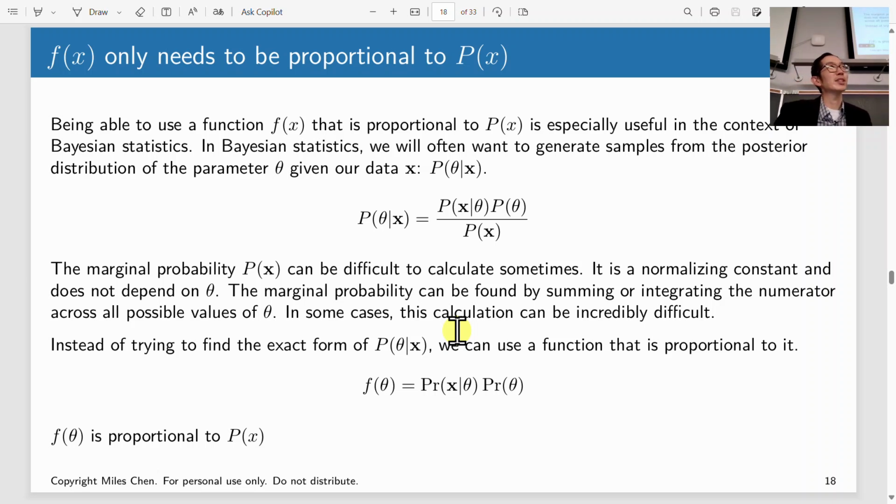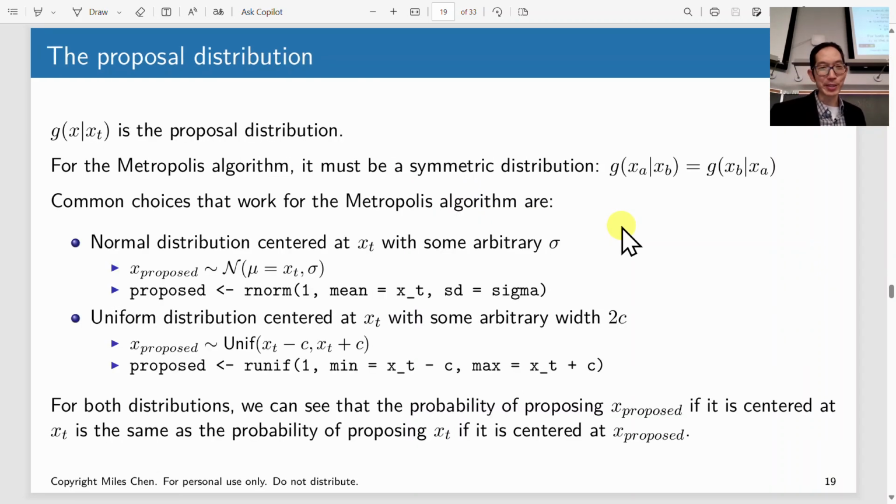And I've got an example, I don't know, we'll look at it next week or maybe the following week, where we just kind of have this slightly silly target PDF, but yeah, this quantity down here is not really feasible to find in real life. But that's okay. We just use the numerator, and we just go along with life. Okay, so what do we do with this proposal distribution? How do we decide what values to propose?